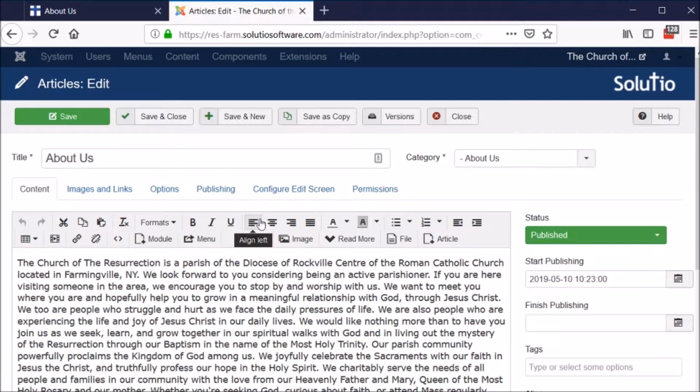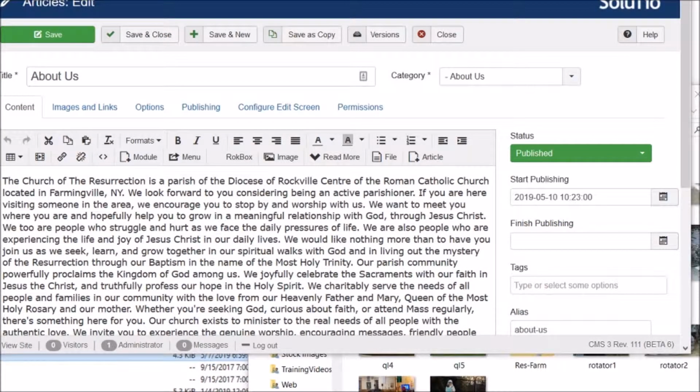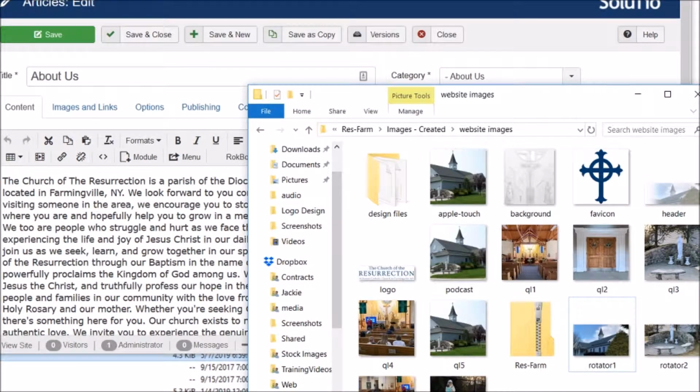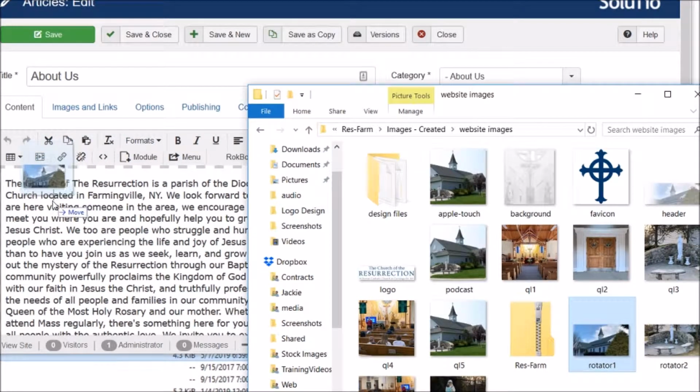There's a lot of text inside this article, so the first option for adding a picture is getting to where on my computer I can see both a folder of pictures as well as the article edit screen itself. So I've adjusted my view a little bit so you can see here I've got a folder of pictures right here. And all I want to do to put a picture inside of this article is to click and drag my picture into the article screen, and notice how there's a gray dotted line around the article